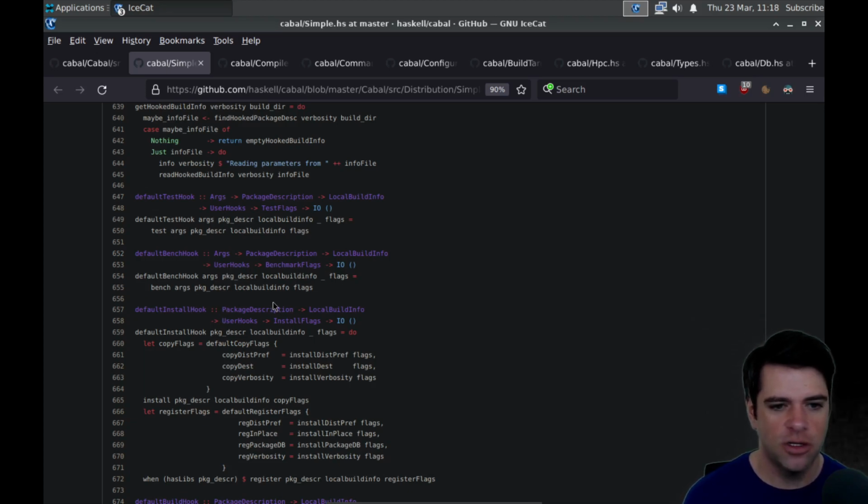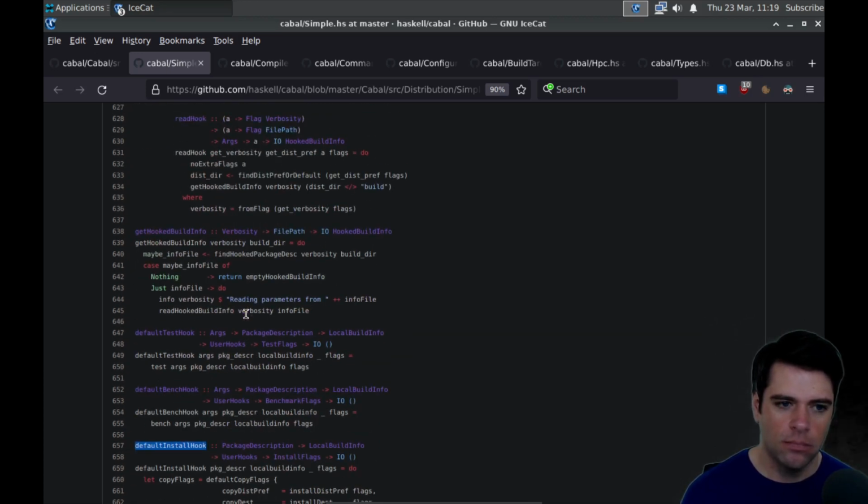So what do the hooks do? They're going to take a package description, local build info, user hooks, and install flags, and do an IO operation. Cool. And they're hooks. So I guess you get to customize them like hooks somehow. All right.